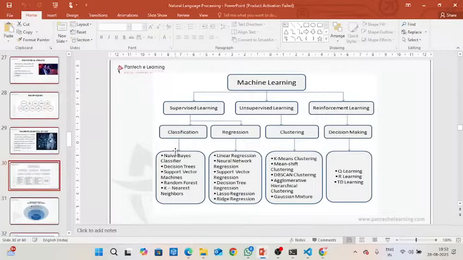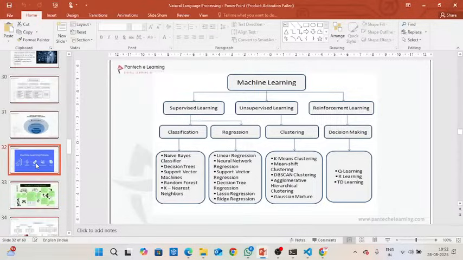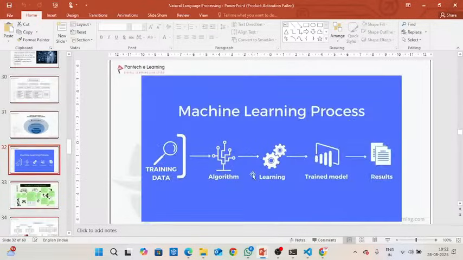Inside classification we have different types of algorithms. This is just an example. We have more algorithms inside classification, regression, clustering, and decision making. This is the process of machine learning. The process for machine learning, NLP, and AI, across all these domains, is literally the same, with a little bit of difference.